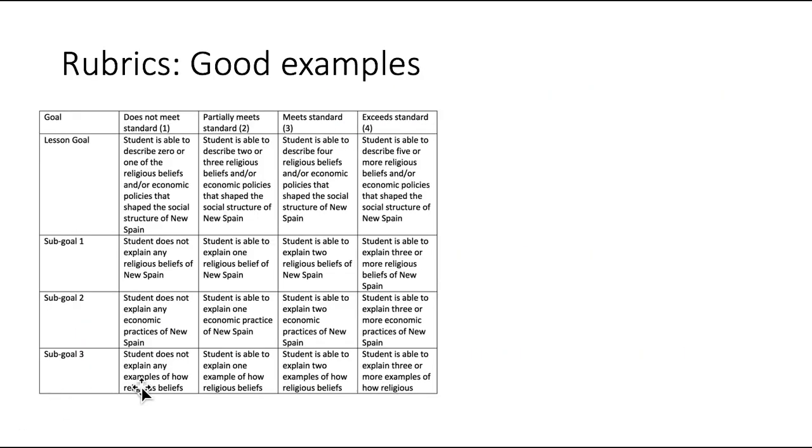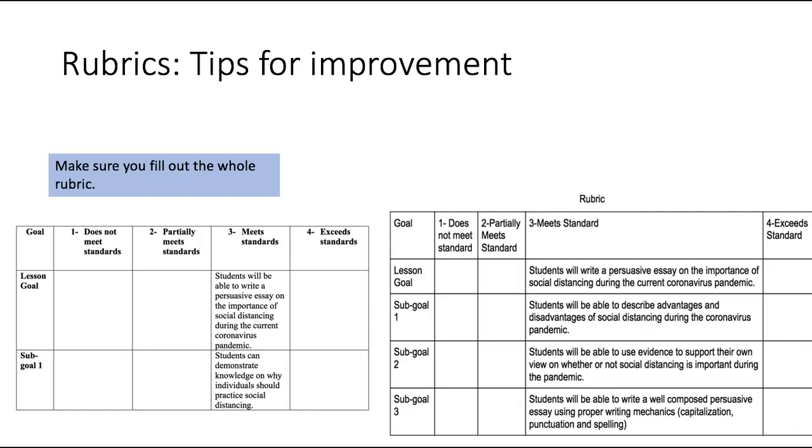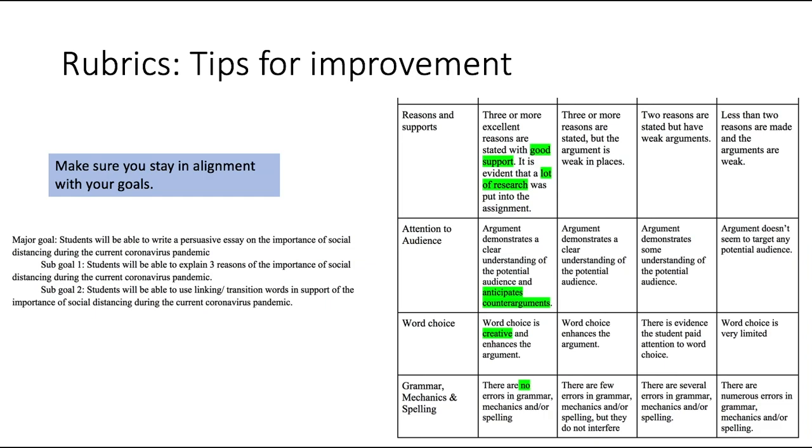All right, as far as rubrics go, here's a good example, again, where the left-hand column is basically the goal structure, and that's exactly how it should be. Each one of these things in here reflect what those goals were, and so that's really what I'm looking for here. Where people didn't quite get all the way there is some people looked at my example in the video that I was filling out, and I think I stated that I was just going to do one to save on time, but you really need to fill out all of these. That's kind of your task. So some people left some of them blank. Just have to fill those in to fix that for the future.